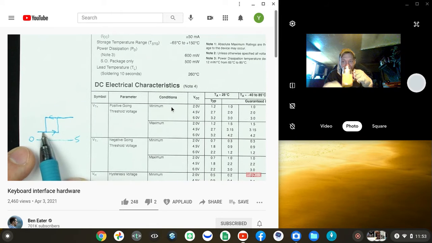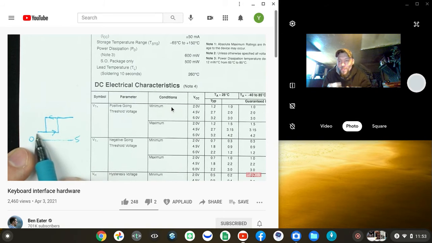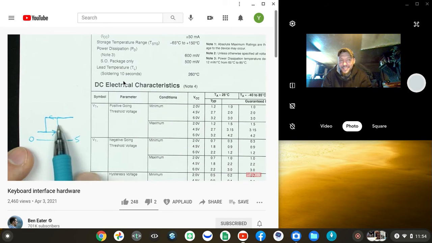And so now it's no longer ambiguous what happens in this region in between. If our voltage is below 1.8, then no question, it's low. If it's above 2.7, then no question, it's high. But then in this region in the middle, well, it sort of depends on where we were before. So if we were high, then it's going to stay high